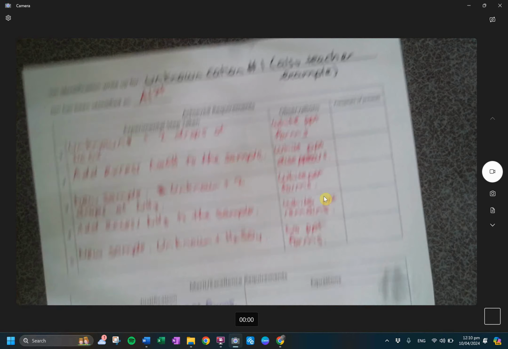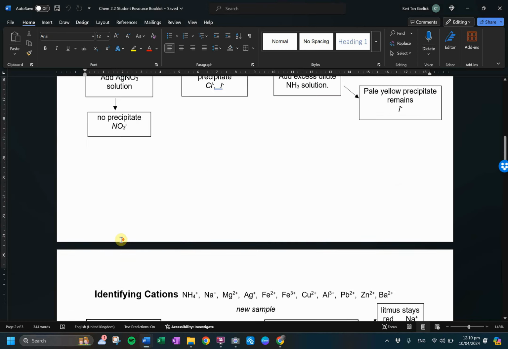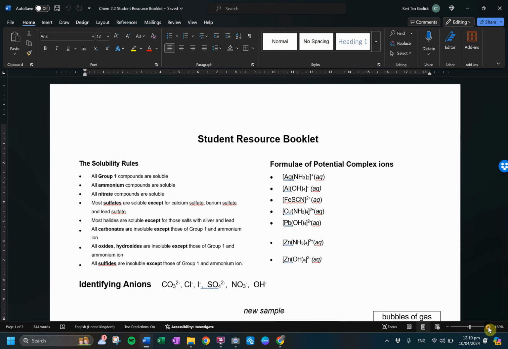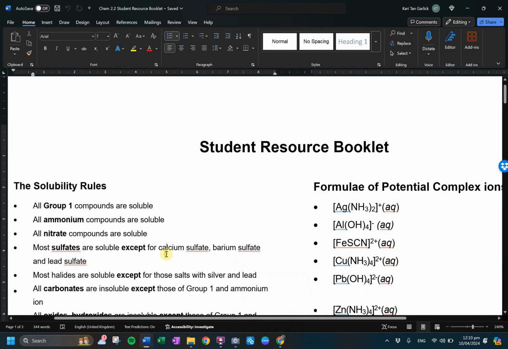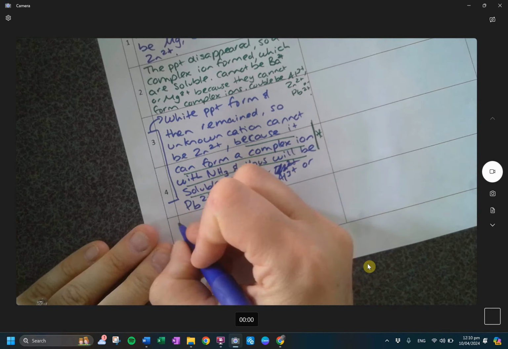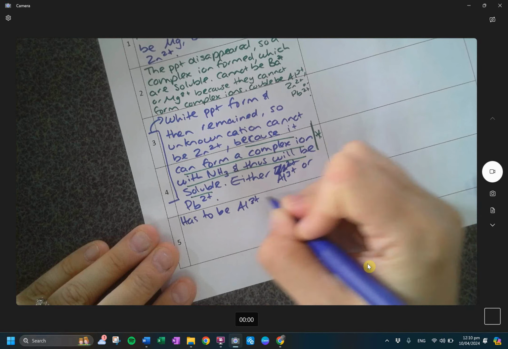All right, and then bottom bit here, justification. So I need to think about why do I know that it's aluminium and not lead. So the rules for our solubility rules, if we look at it, we can see that we have most sulfates are soluble with the exception of calcium, barium, and lead sulfate. So I have now eliminated lead as a possibility. So it has to be aluminium because